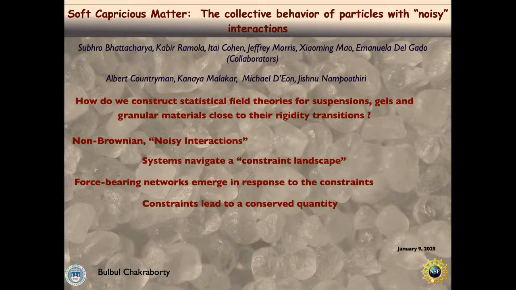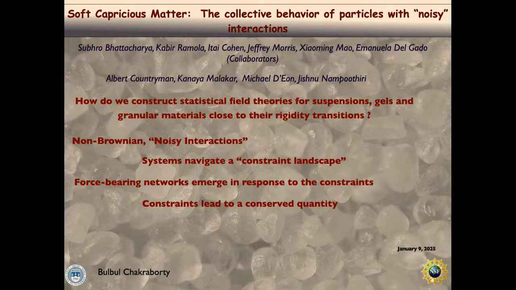So then what I'm going to show you in this talk today is that these constraints can lead to conserved quantities. This is not a new notion. It's very well known in some parts of physics. We haven't used it maybe so much in this kind of non-equilibrium soft matter physics. So again, this is a non-equilibrium system. You've probably been hearing over the course of the last 2 days that one of the challenges of non-equilibrium systems is what is the distribution. So once you have a conserved quantity,